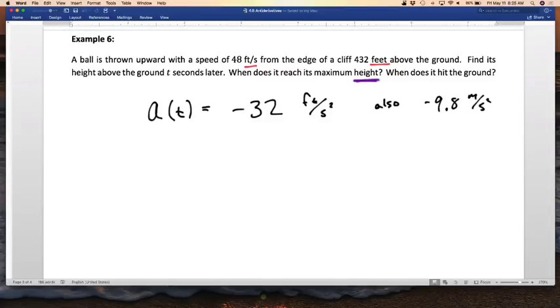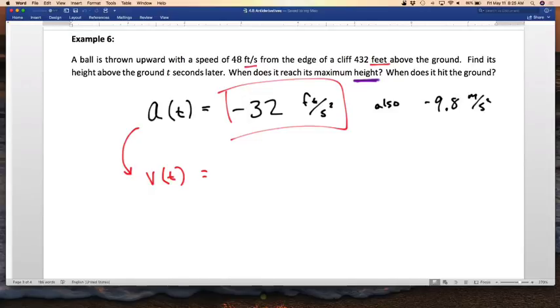So we're going to work our way back to our position equation, and we're going to start to see where our position equation comes from. Our vertical motion model comes directly from this number right here. So v of t has got to be the antiderivative